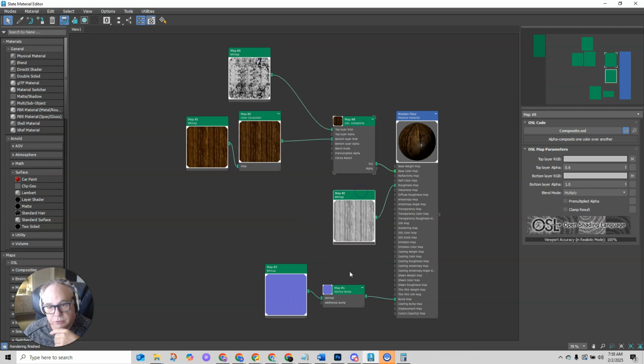Hope that helps you. So now we've got a nice wood. We've desaturated it. We've added a little dirt on top of it. We've got a nice roughness map. We've got a nice bump map. And so that's the process that you're going to be going through. So I did a wood floor. You're going to be designing your own,